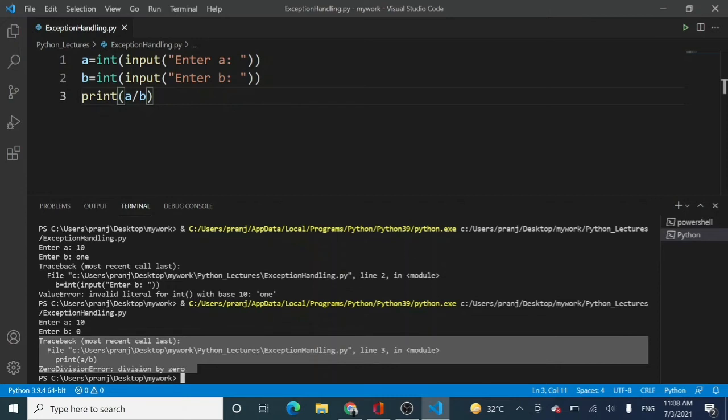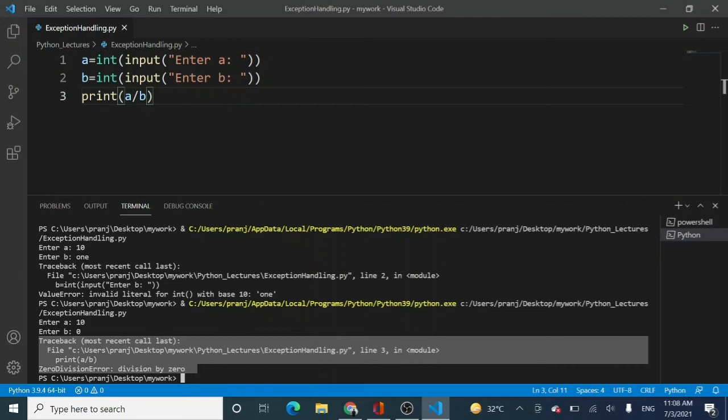Now this is the statement that is having that particular error, and it is also displaying a message which is saying it is a zero division error, which means that you have done division by 0. Now this particular traceback message is printed by Python on its own. Right? Now this is known as the default handling.